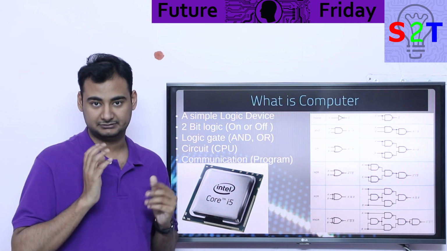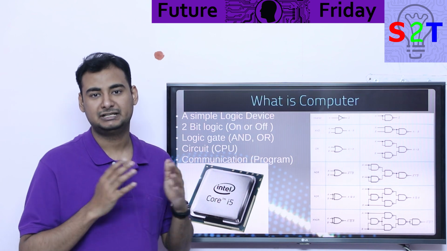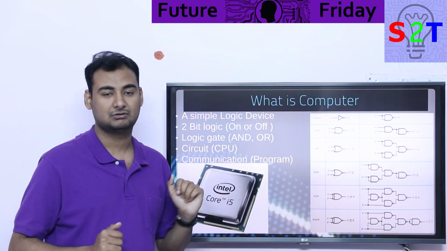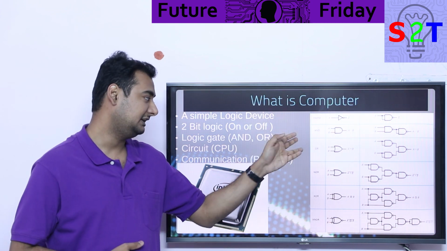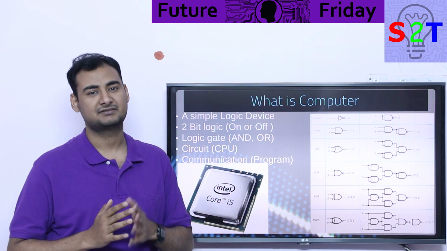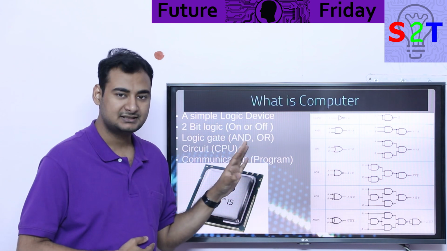Then we send that data into what we call logic gates. Now these logic gates have many configurations, like if A and B are on, then they're going to give you out A plus B, and if it's like A and B is there, then it will do A minus B. Logic gates, these are something that you must have studied in class 11 and 12 in your school. So these are the logic gates.